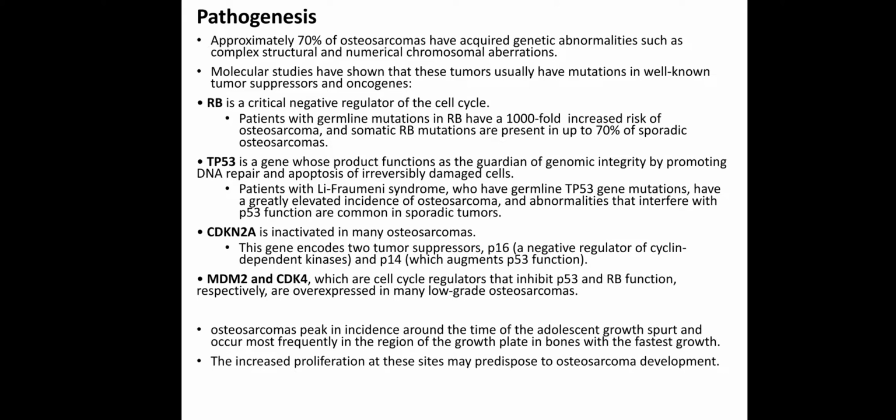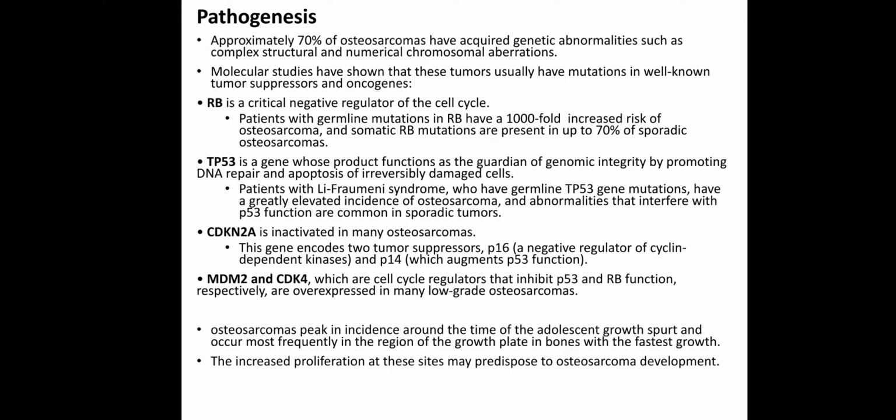Abnormalities that interfere with p53 function are common in sporadic tumors. Those with Li-Fraumeni syndrome have a germline mutation in p53 and a high incidence of osteosarcoma. At the same time, sporadic tumors of osteosarcoma also carry p53 abnormalities, not in the germline. So abnormality of p53 is associated with sporadic tumors, whether osteosarcoma or other types